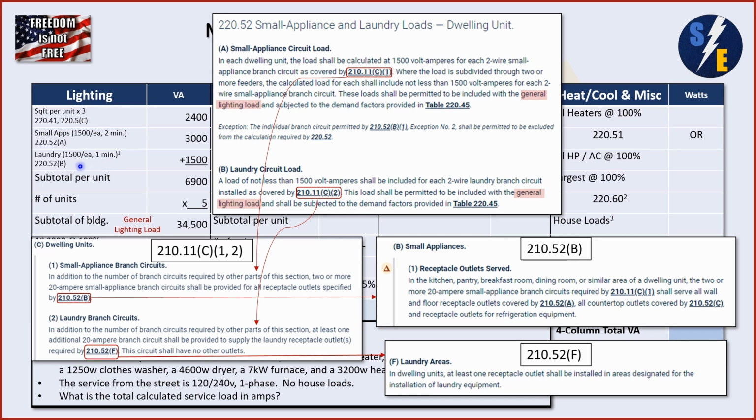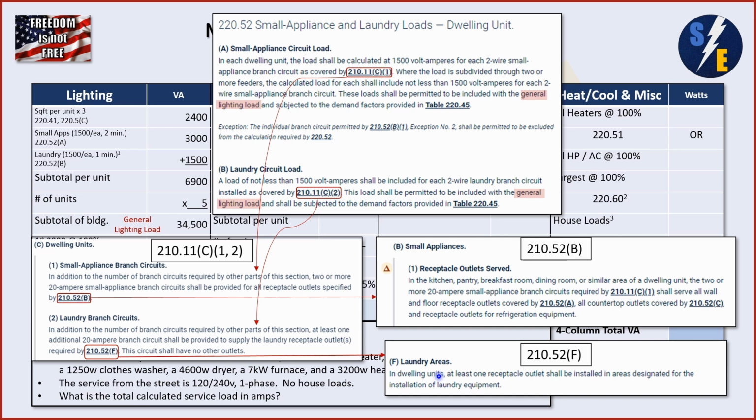Laundry, we're required to have one minimum laundry circuit at 1500 VA apiece. How do we know that? Well, we go on to 220.52b. It says a load of not less than 1500 VA shall be included for each 2-wire laundry branch circuit installed as covered by 210.11c2, which is right down here. 210.11c2 says, in addition to the number of branch circuits required by other parts of this section, at least one additional 20 amp branch circuit shall be provided to supply the laundry receptacle outlet or outlets required by 210.52f,